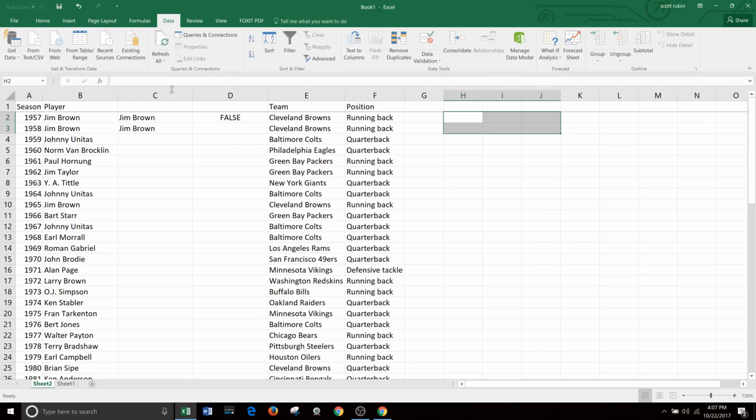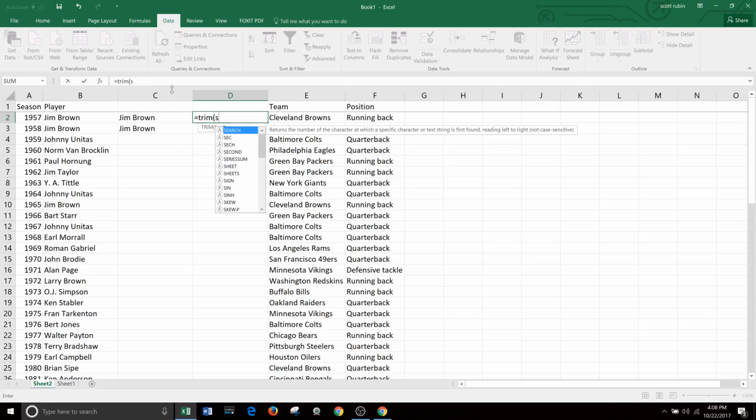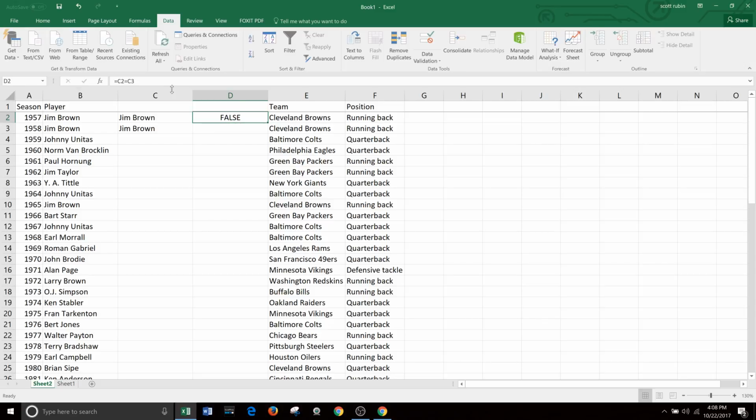But sometimes when you copy from different sources, like on the net, the code is kind of built in. So there's a lot of ways to remove spaces. So let's try a different way. Let's try the trim function and then nest it inside the trim function the substitute function. So let's do it in the right cell. Okay, equals trim, substitute,